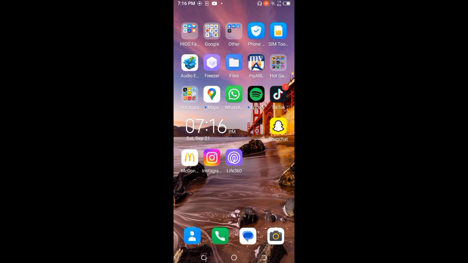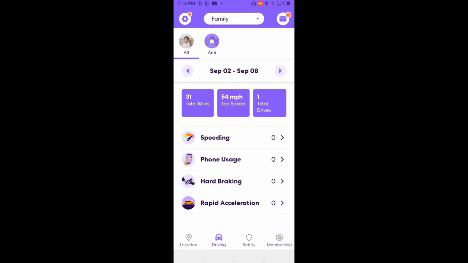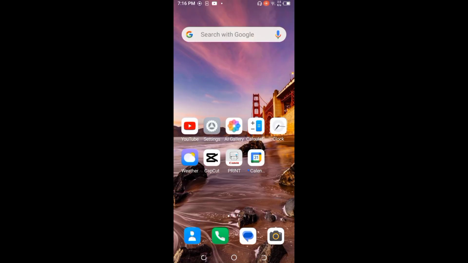Let's get started. There is no direct feature within the Life360 app that allows you to switch between kilometers and miles. The app relies on your phone's language and region settings to automatically display the distance in either kilometers or miles. And if you want to change this miles per hour into kilometers per hour, go to your phone settings